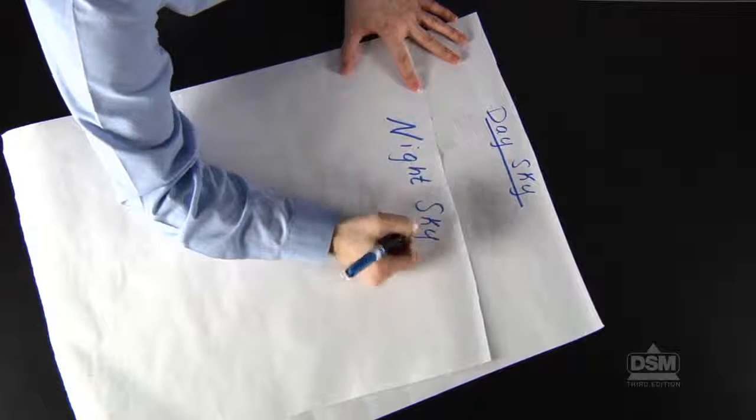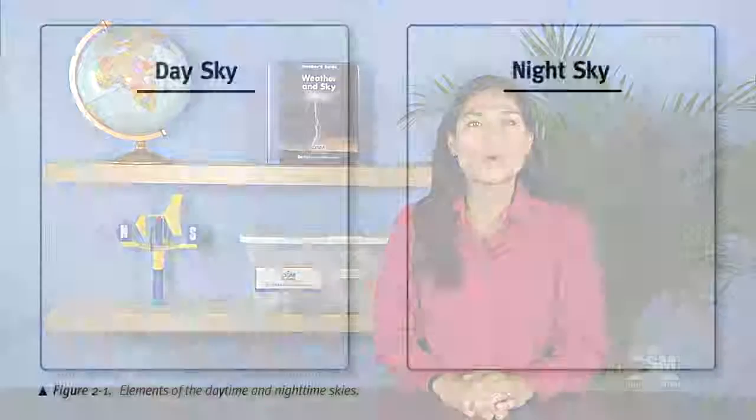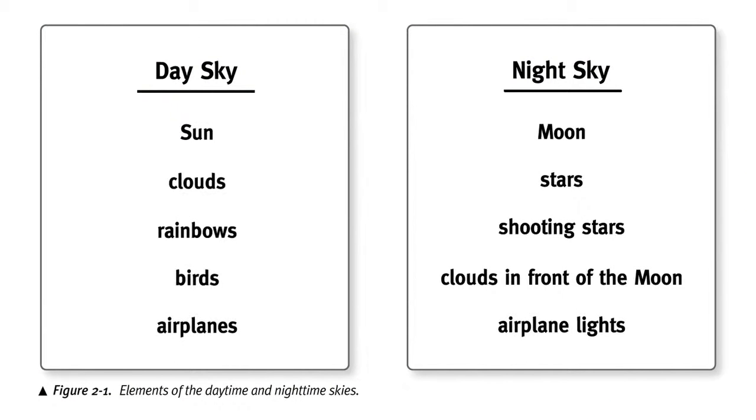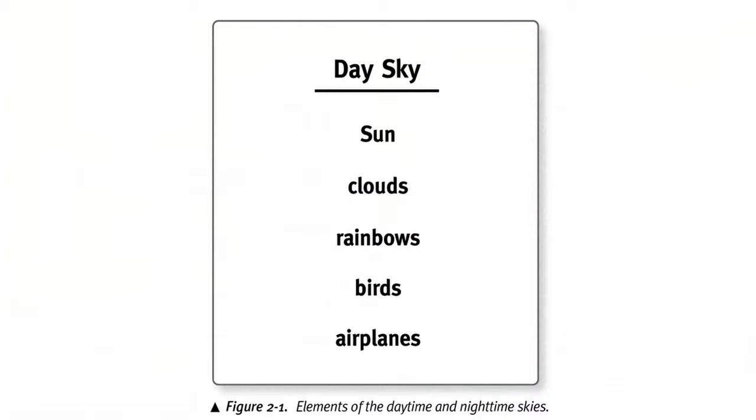Write the headings Day Sky and Night Sky on the 2 pieces of shelf paper and tape them side by side in the classroom. Lead a discussion about what is visible in the sky during the day and night, and record students' observations on the charts. For each suggested object, write the word, such as sun, and have a student draw a picture of the object